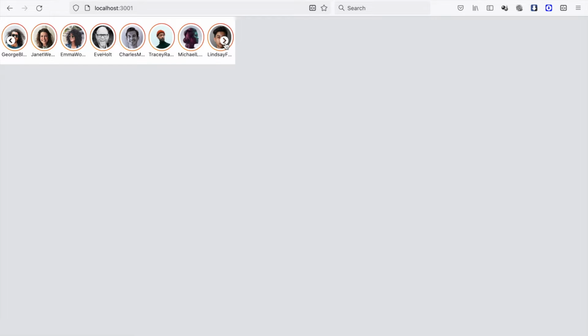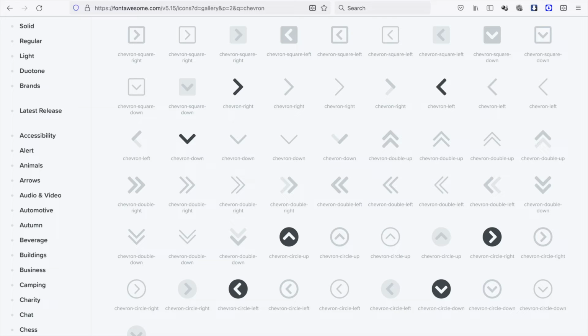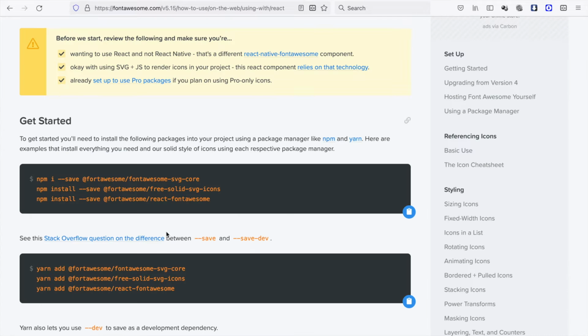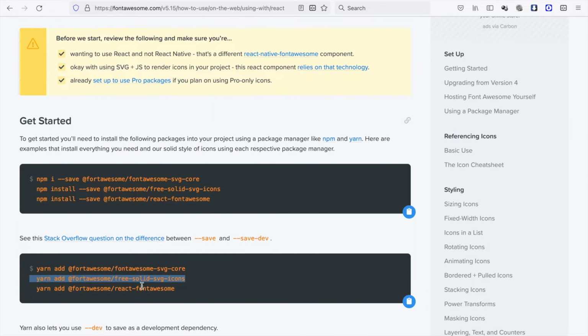Now in this part, we are going to add the scroll button, and we can find it inside the Font Awesome, and you can see this circle right button and also the circle left button. So we have to install this by using these two commands. So we copy this and then we paste to our terminal, and then we also copy this